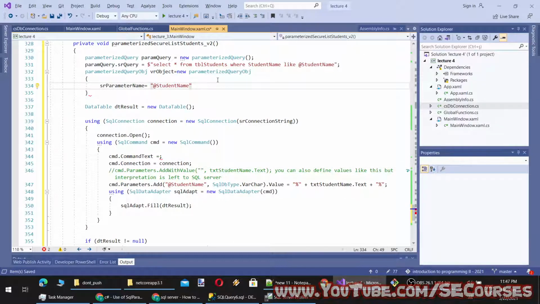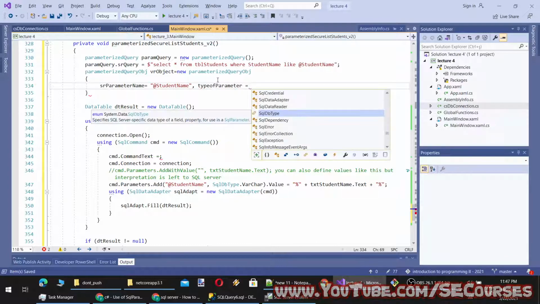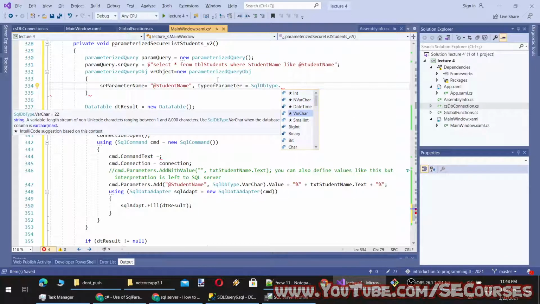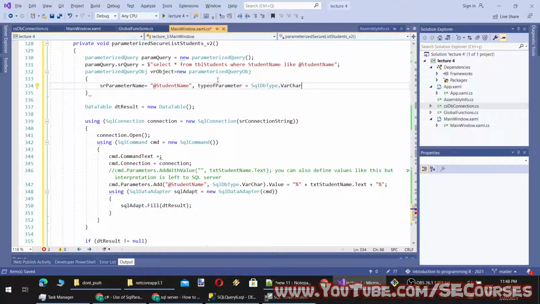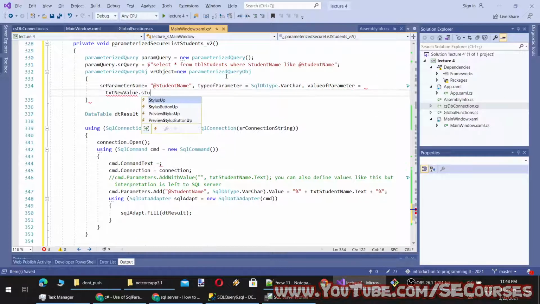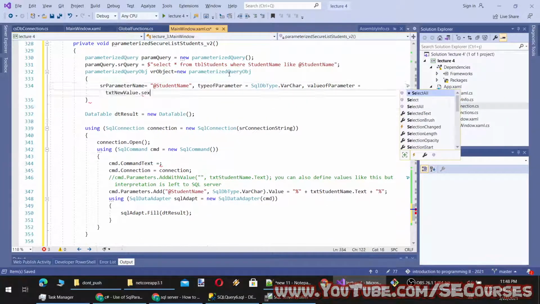Then type of parameter equal to, you see IntelliSense is automatically filling in the available or most probable options. It will be student name, VarChar, and then value of parameter will be equal to txt student name text.